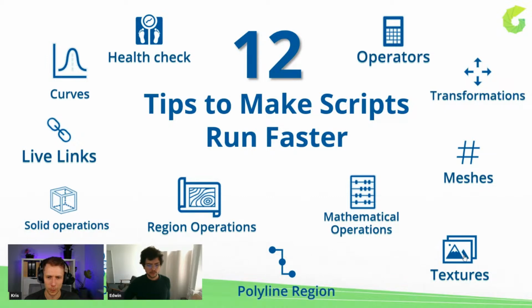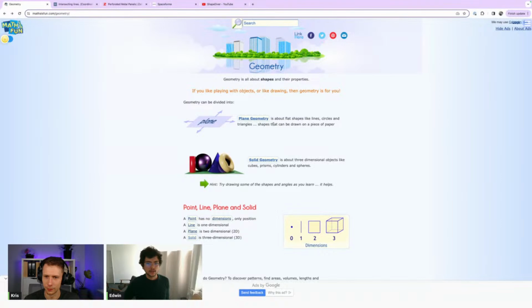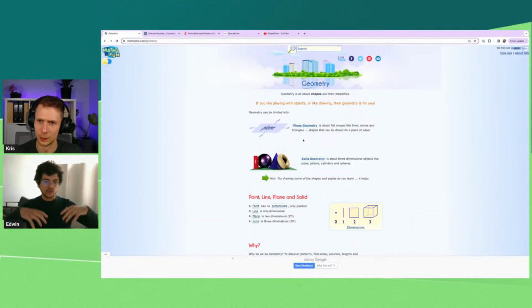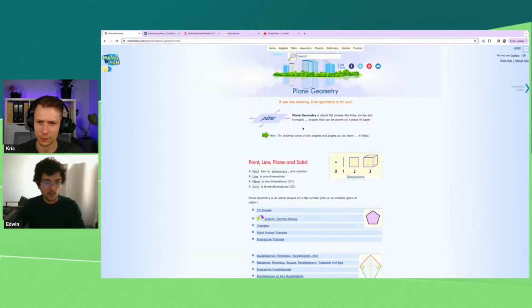Yeah, I just wanted to mention that geometry in general is divided into two main groups: the solid geometry and the planar geometry. So even if what you're creating is solid, 3D geometry, you can divide every single 3D piece of geometry into 2D pieces. So for all of these geometrical checks and intersections, if you can decompose it into planar geometry, lines, points, polylines, etc., that will compute faster.